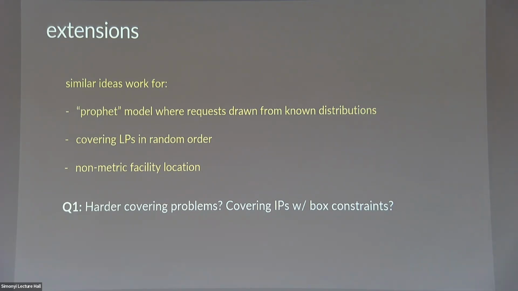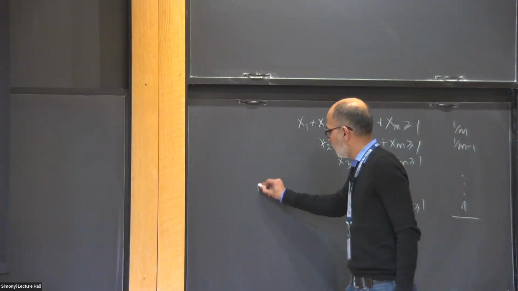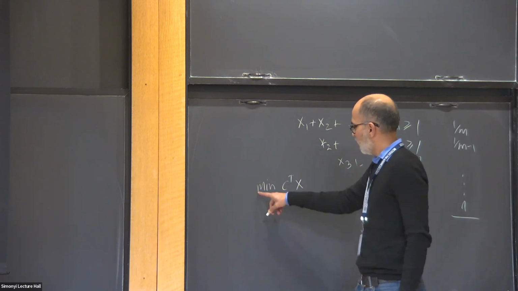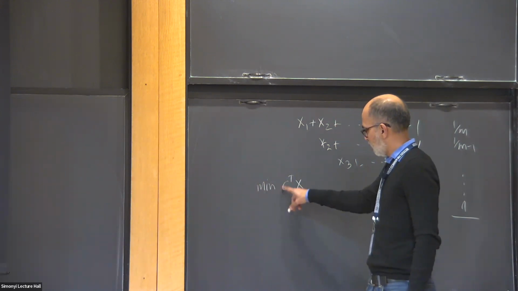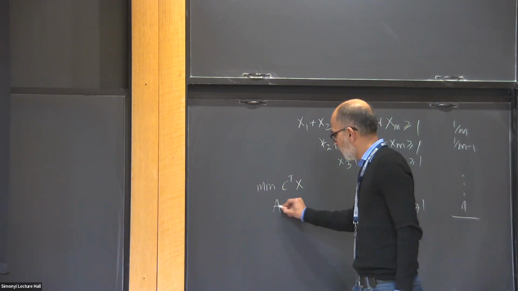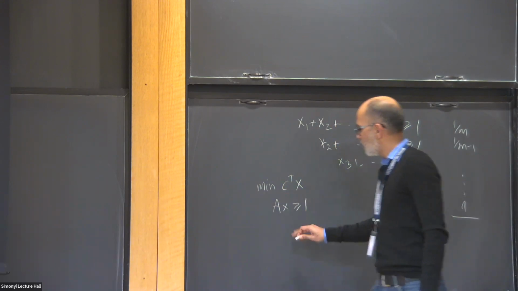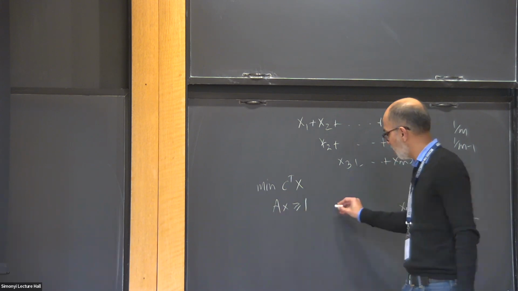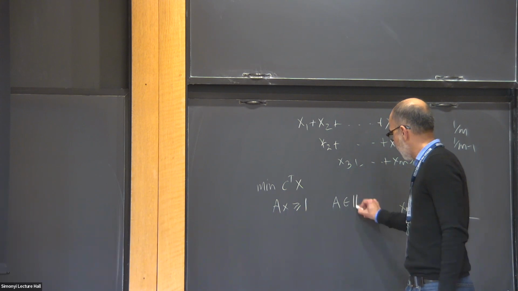So let me just tell you one particular type of problem that I would like to understand. I want to understand problems of the following form. Minimize some linear function given some covering constraints. A is